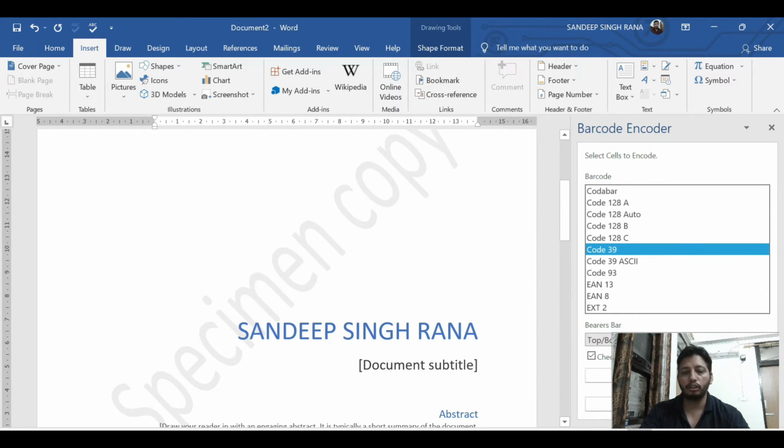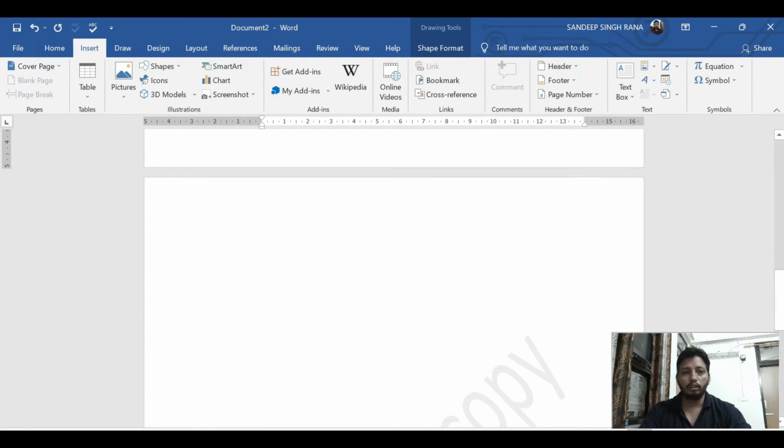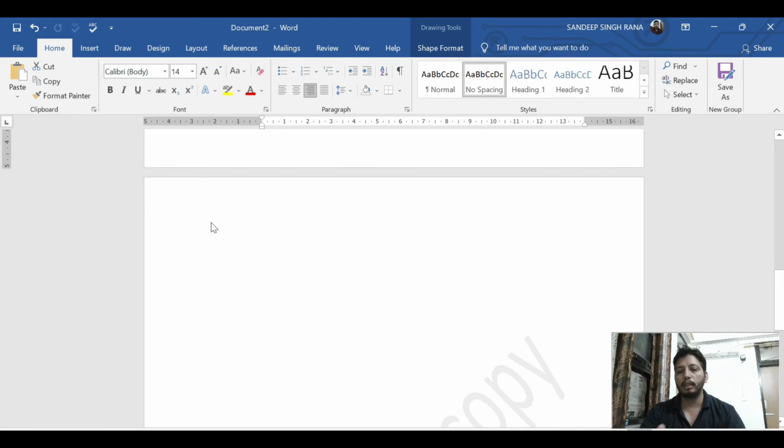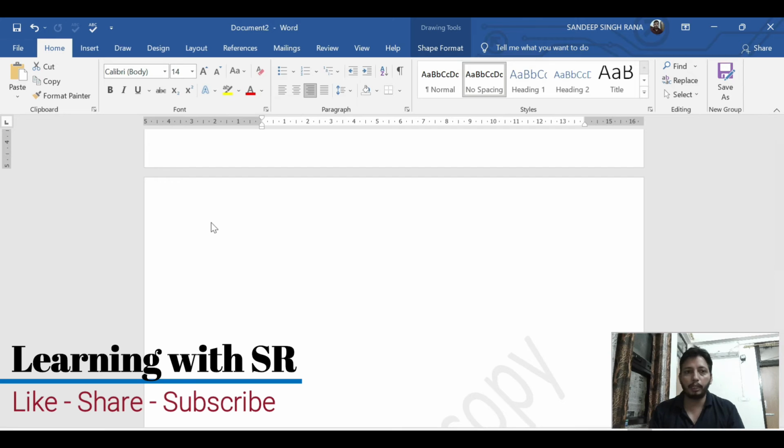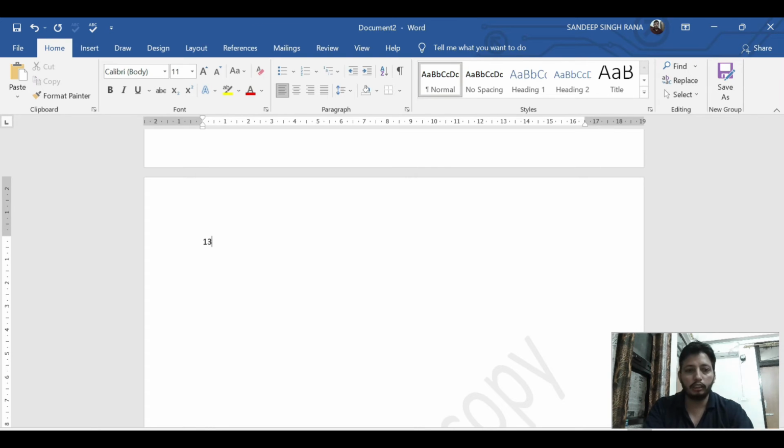Other than this, I will show you how to make any number or any codes into a barcode. For this, instead of using add-ins, you have to import a font style. For example, if you want any barcode or QR code, how will it apply? It basically converts your data using the font style. So for making any barcode or generating your QR code, you have to install that font style. For example, if you want these numbers 1 2 3 converted into the barcode,